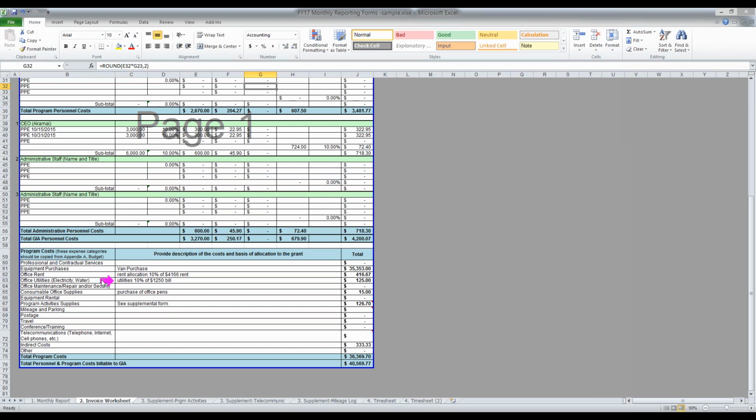Utilities costs 10%, again, same allocation as the rent, against a $1,250 bill. They purchased pens for $15. And they had about $126 of program activities. So we'll go ahead and take a look at what substantiation they're providing for that. Now, for each one of these other items here,